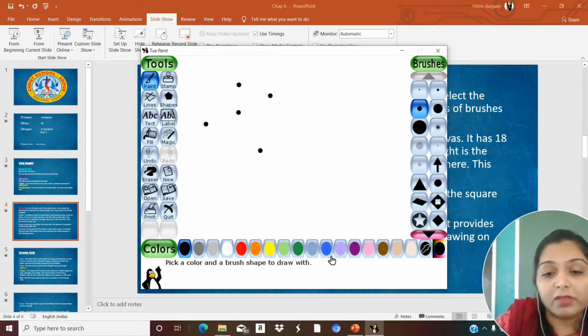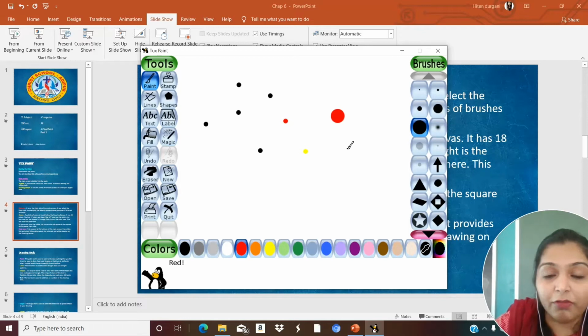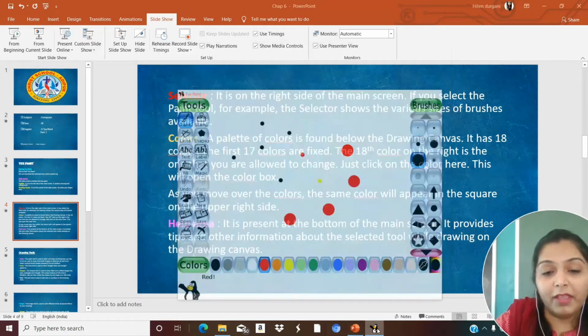This is known as a color palette. Understood? We can select any of the colors here, suppose yellow or red. Okay, we can increase the thickness of the brush like this. Clear? Understood? Very well.